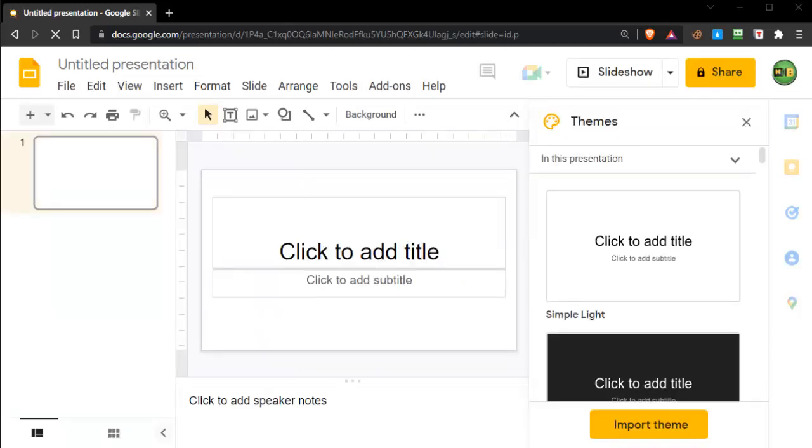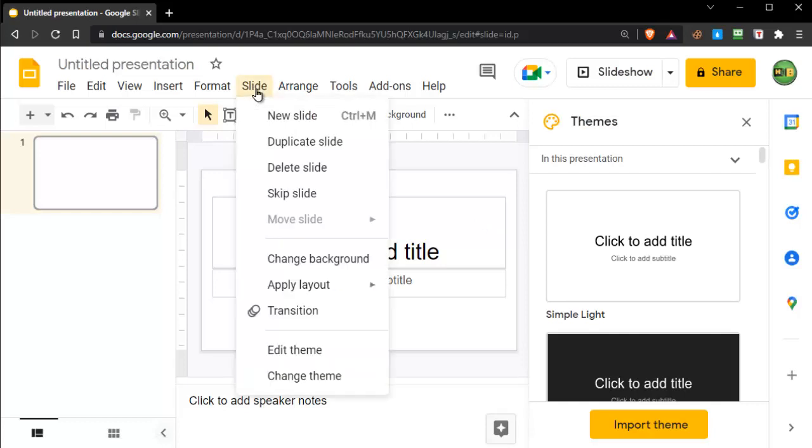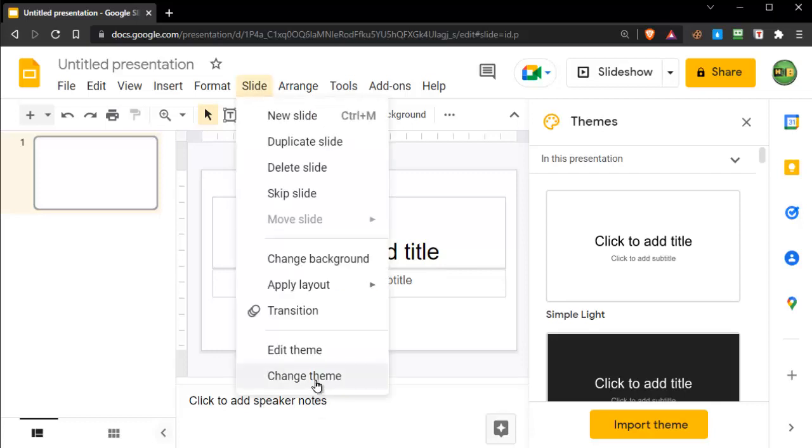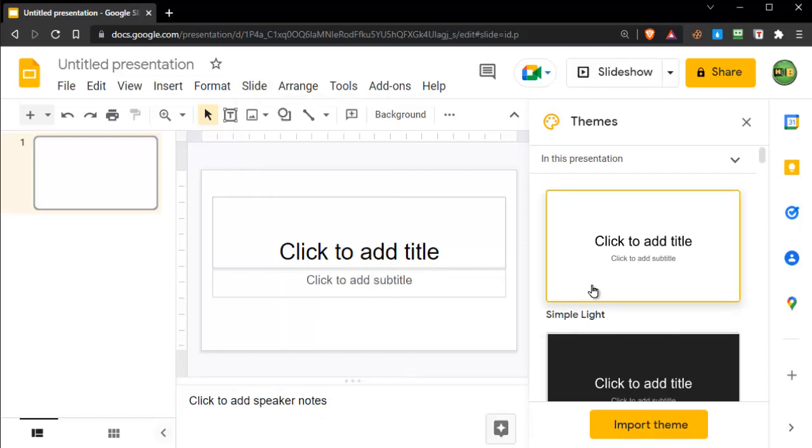So what you need to do is at the top, click Slide. Please tap on Slide, and here please select Change theme. Okay, from here we now have many themes in this presentation, so you can change the